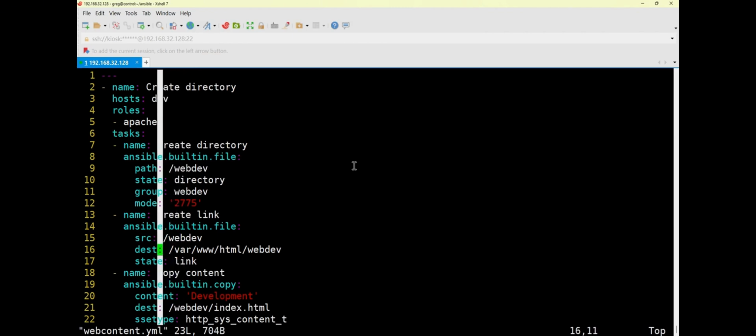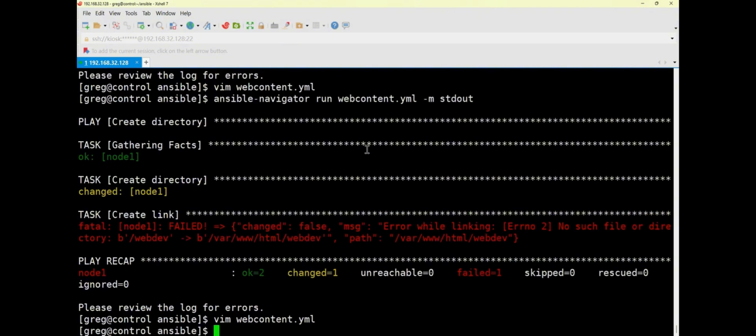When recording nginx in the HTML under var www, let's see which error it reports. It says, this is a link here. We're linking from here to there. No such file or directory. If there's no file or directory,